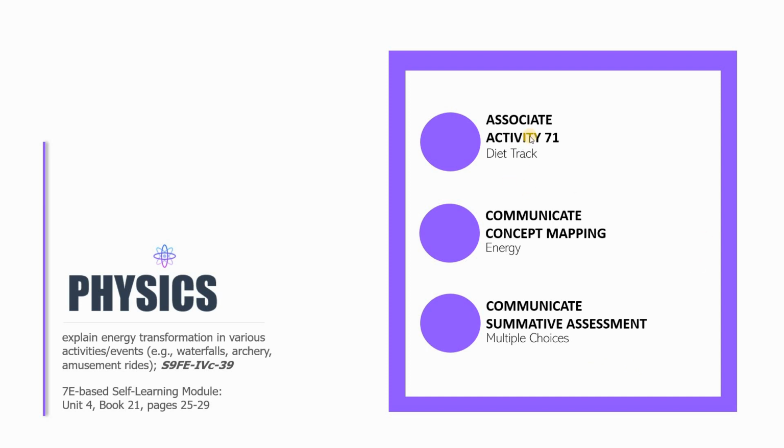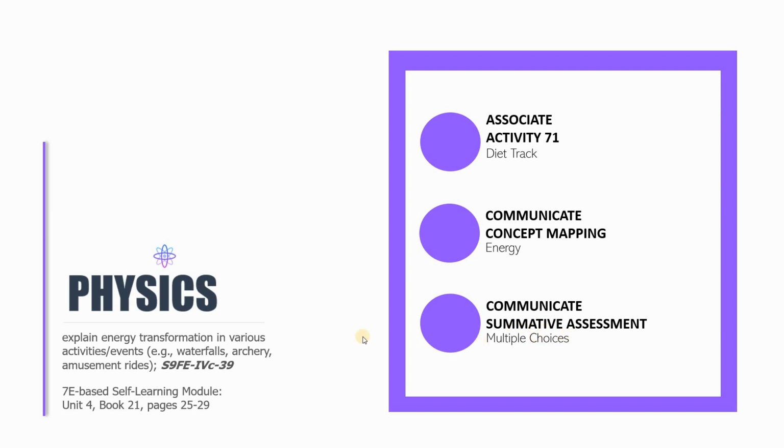The first part is Activity number 71 under Associate, and it is titled Diet Track. And the second part is a concept mapping activity under Communicate. It is going to be about energy and how we understand it so far, based on the lessons, the concepts that we taught here, and the problems that we solved in this book so far. And then the last part is going to be a summative assessment under Communicate, and it's going to be comprised of multiple choice items, which I hope that you're going to perfect because I am really rooting for you, okay,